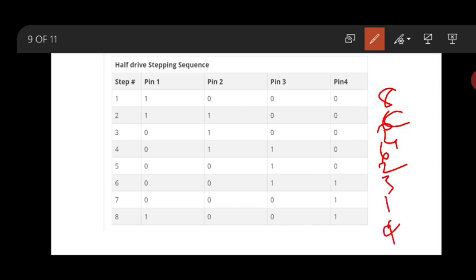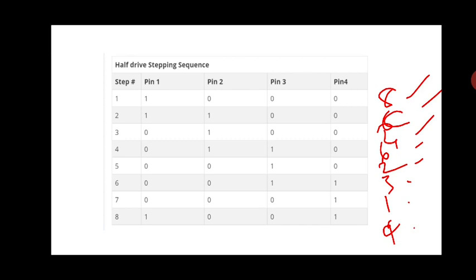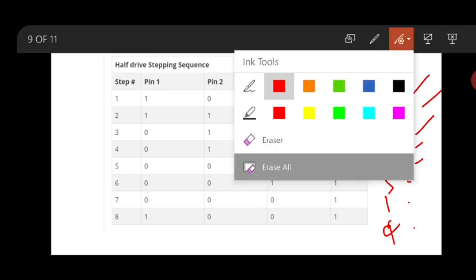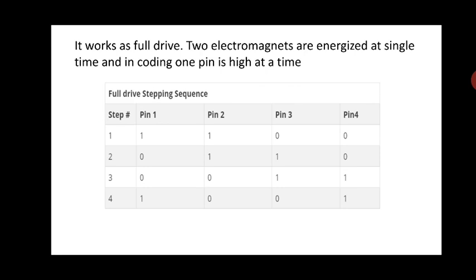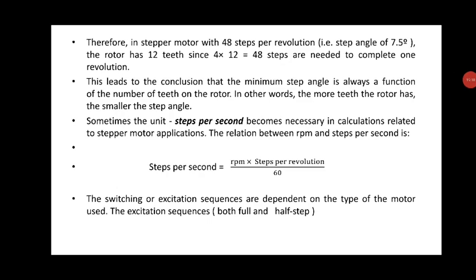If a stepper is working for a half drive sequence, you need to send 8, C, 4, 6, 2, 3, 1 and 9. Now if it is working for a full drive, you need to send C, 6, 3 and 9. Okay, let us see how the programming will be done.